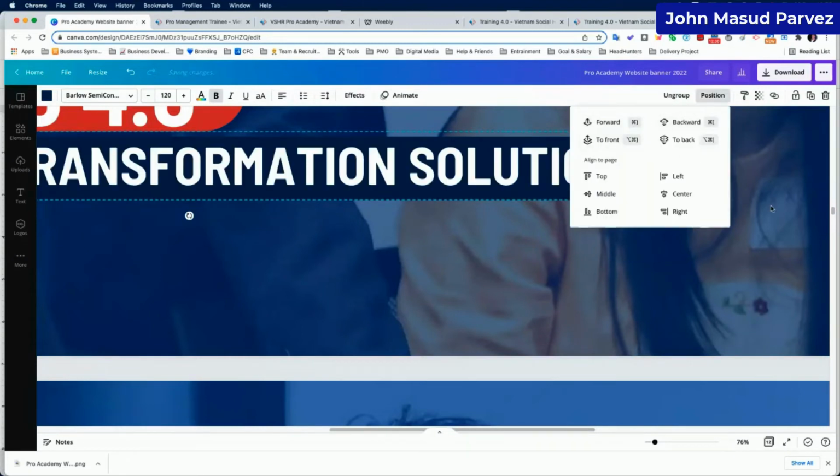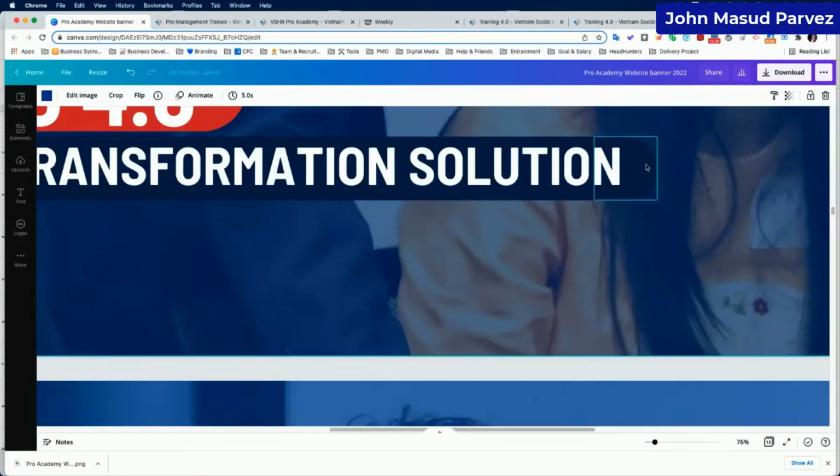Background, forward. Okay, I think ungroup it. I think I should put it to the background first. So